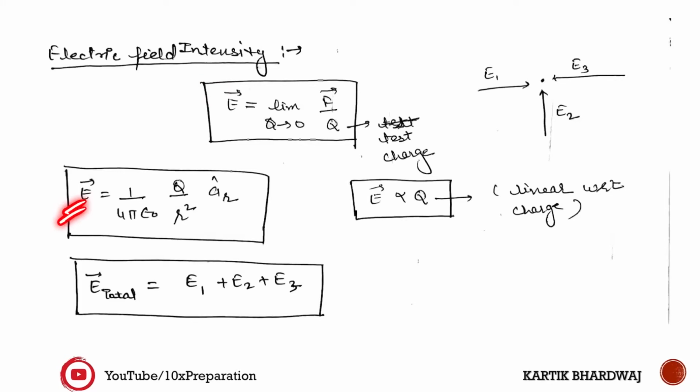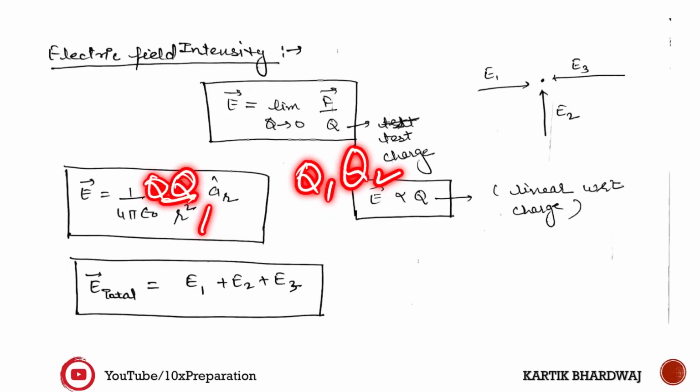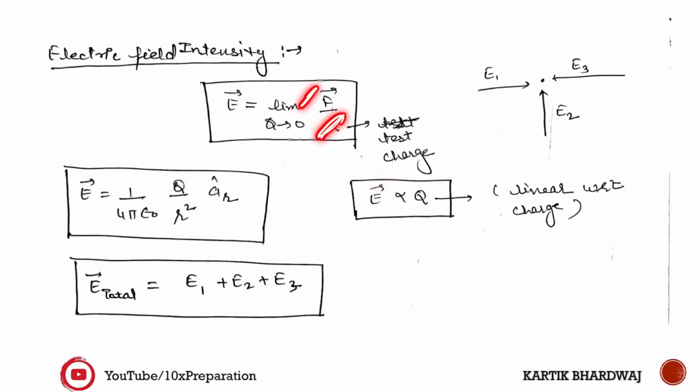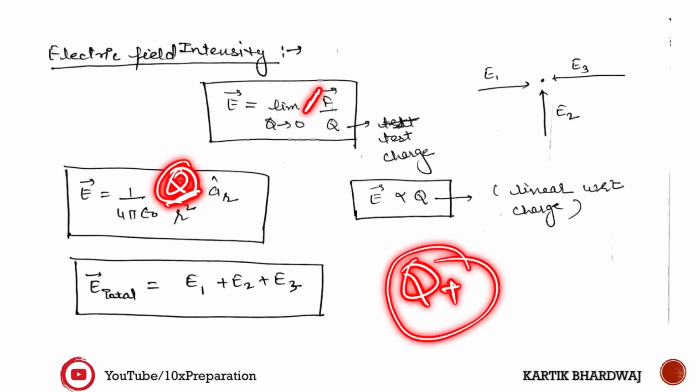Okay, so mathematically you can derive E is equal to 1 upon 4 pi epsilon times Q upon R square. Here this test charge has been cancelled out. For force, Q1 into Q2, so test charge Q into Q cancels out. So whatever this test charge, neglect the other effect of the other charge, and here you can see only the field due to this charge only, whatever the charge you are considering here.